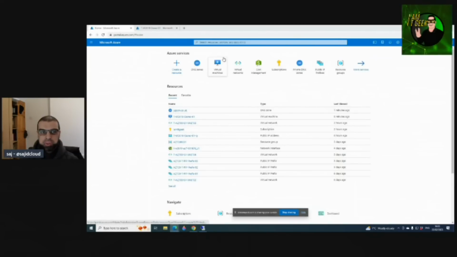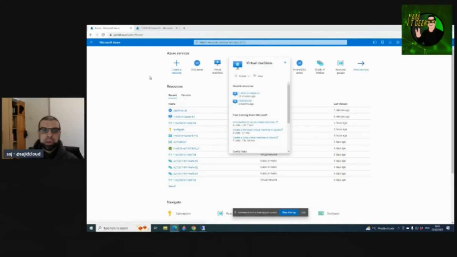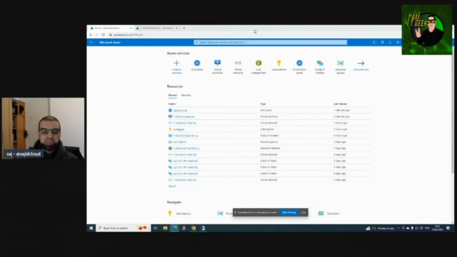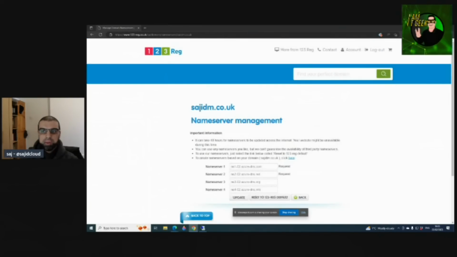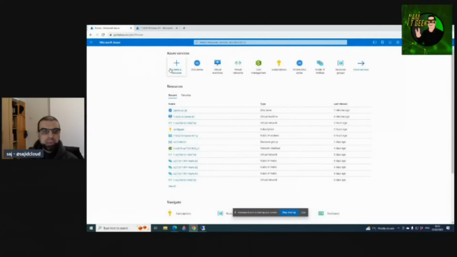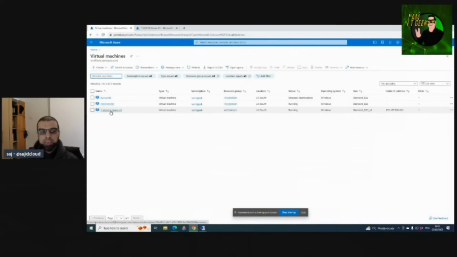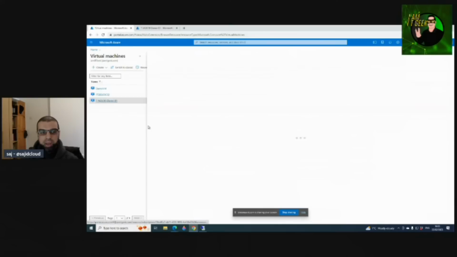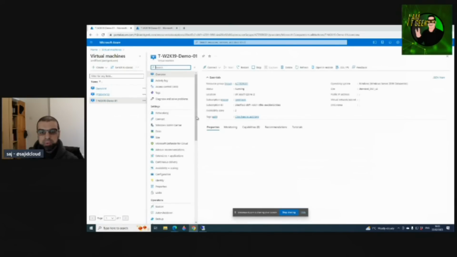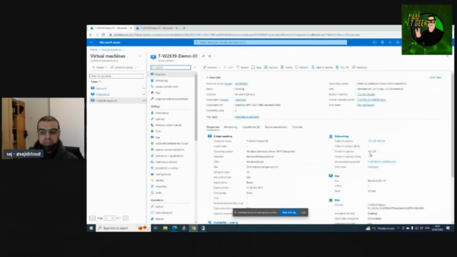So just to step through the whole lab, to show you everything that's been pre-staged to make this lab work, what I've done is within Azure, I've created a virtual machine, Windows Server 2019, in our task AZ700 resource group, and the machine's been created with both a private IP address and a public IP address. And then once you connect to the machine,